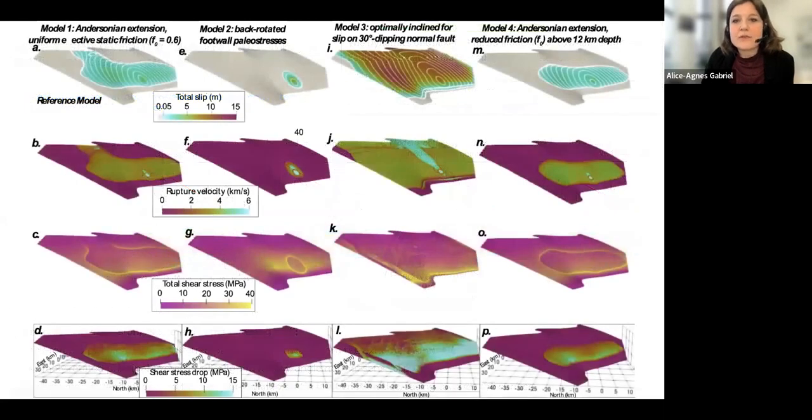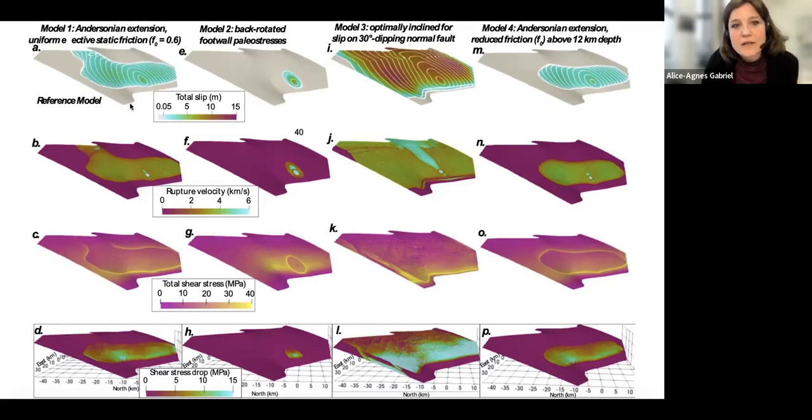And this is an overview of the earthquakes that we are describing for each of these 4 models. And we're seeing, interestingly, in the first model, if you're just looking at the slip contours in the uppermost row, this is a magnitude 7.8 earthquake, and we do see a little bit of surface slip, even though the upper part is velocity strengthening, and that is caused purely by variations of the fault geometry. So that part of the fault is a little bit steeper, which allows rupture dynamically to break through in the